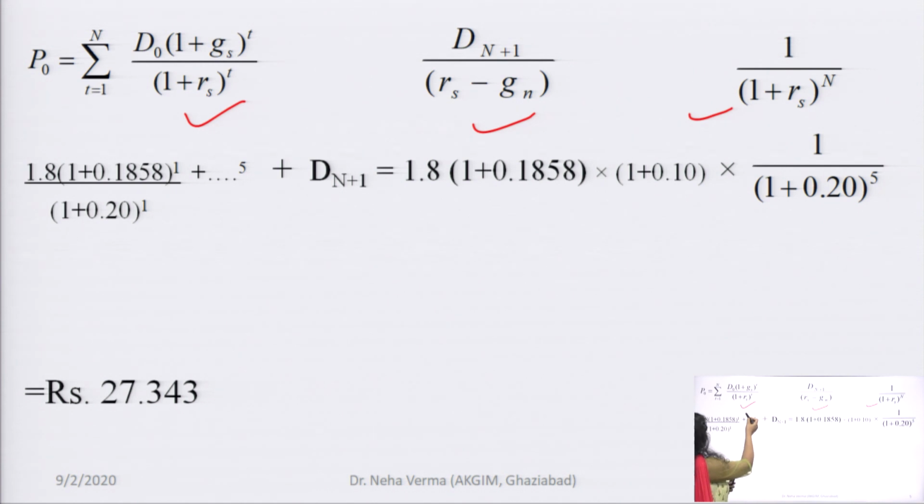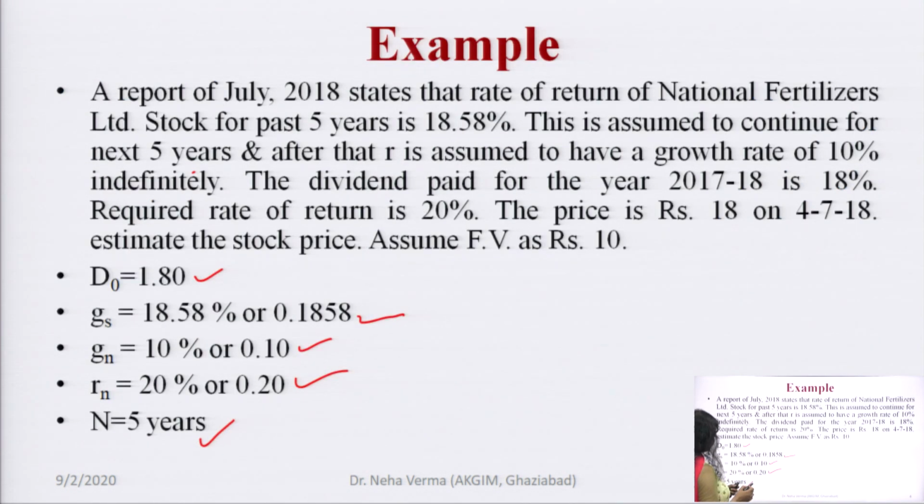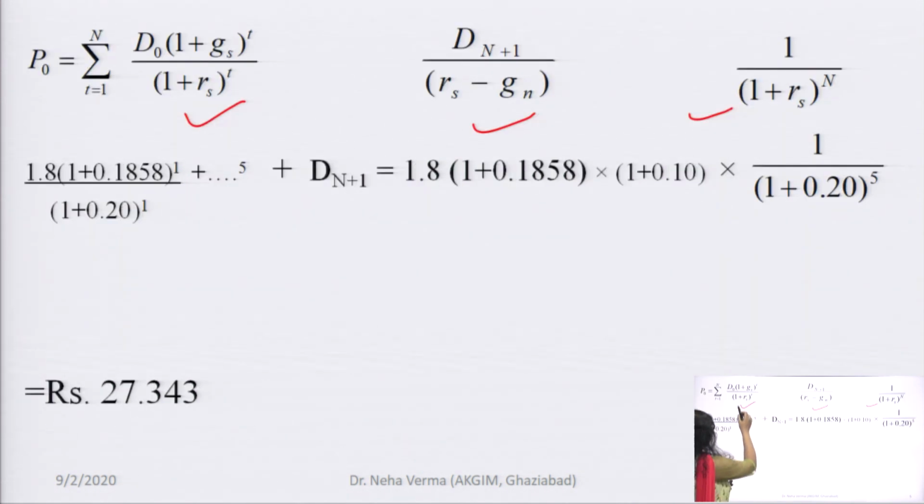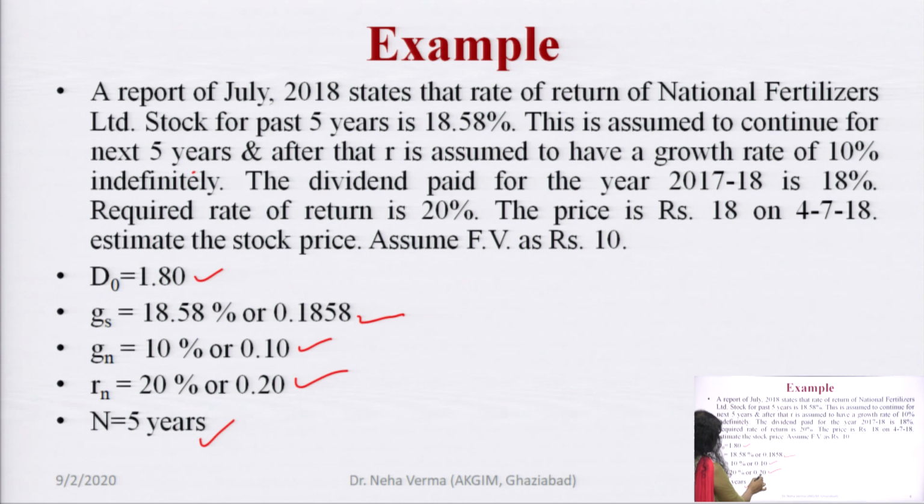The first portion of the formula says D0 times 1 plus GS whole to the power T, divided by 1 plus RS whole to the power T. So, here we will put in the values that we extracted from the question. D0 given is 1.8, then 1 plus GS, where GS over here is 0.1858. So, it will be 1 plus 0.1858 to the power 1. Then divide by 1 plus RS, which is 1 plus 0.2, because the value of RS is given as 0.2,